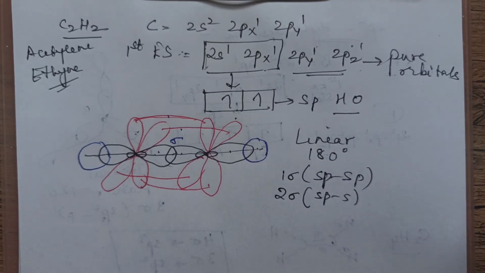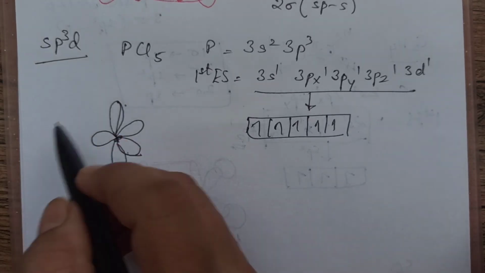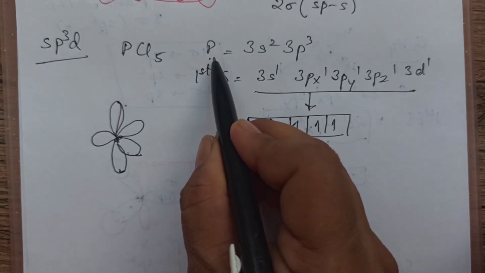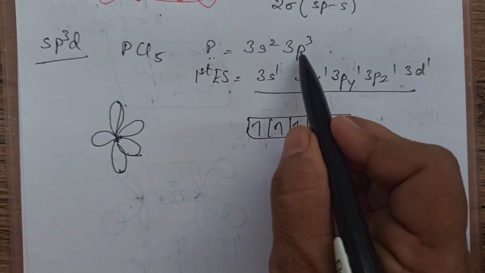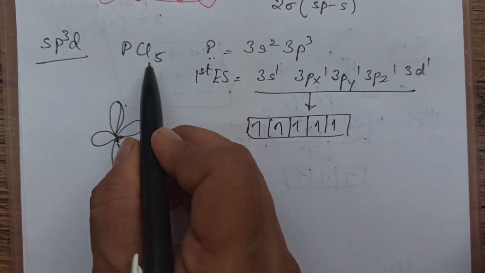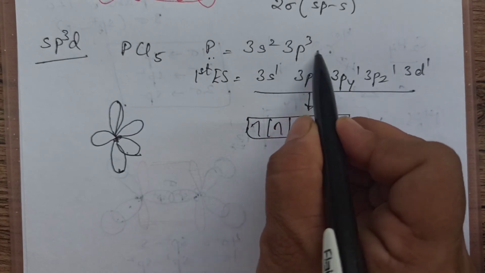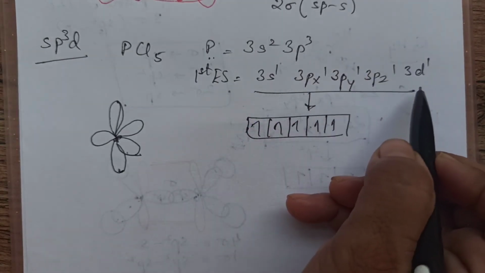Clear? So next we will consider another type of hybridization now. Now we'll take example of sp3d hybridization, PCl5. This is phosphorus central element. This is the valence shell configuration. There are 3 unpaired but 5 surrounding. That means we need 5 unpaired. So here there are 3 unpaired. So one of the S will be shifted to D. So now there are 5 unpaired.